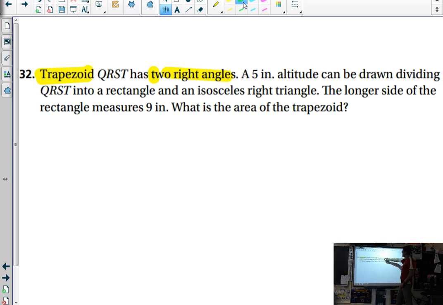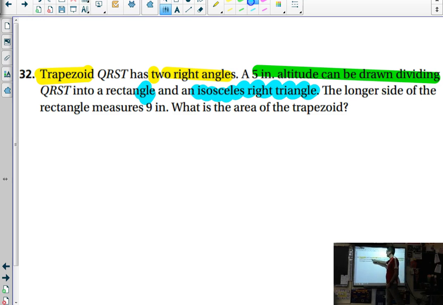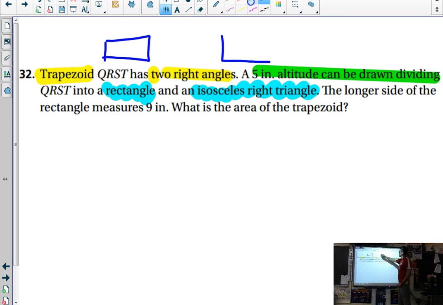I'm going to switch colors. 5-inch altitude. That divides into, I'm actually going to switch colors there, right triangle, isosceles, and rectangle. So I can start to think in my brain, well, we've got a piece of this that's going to be rectangular. We've got a piece of it that has to be right triangular. But,